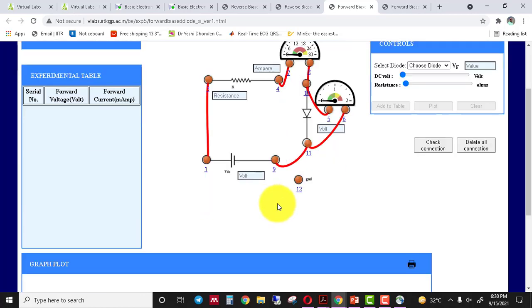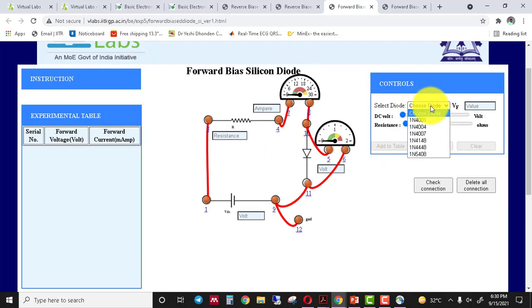Okay, and complete that circuit to make a circuit with the ground. Okay, after that click the IN4004, the forward voltage is 0.6 volt, a barrier voltage 0.6 volt, and repeat the same procedure. Set the resistance value from 100 ohm to 2000 ohm, or vary the DC voltage level 0.2 volt